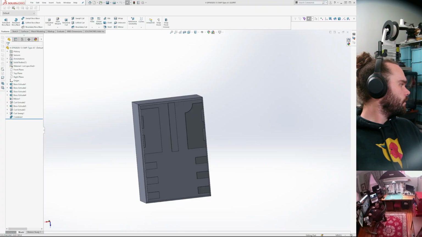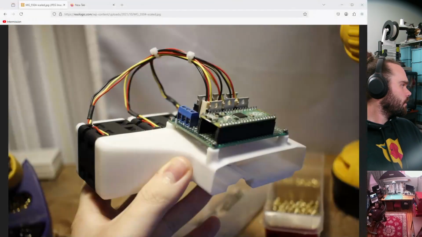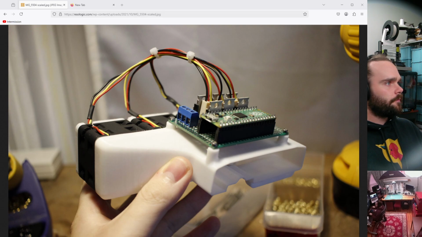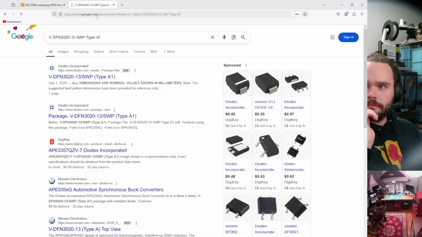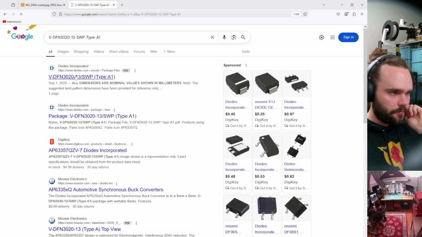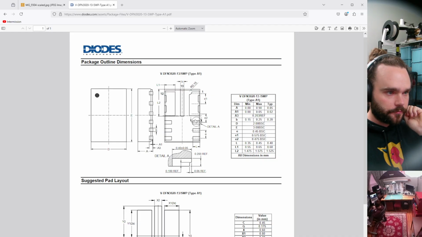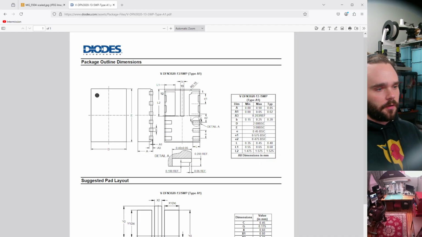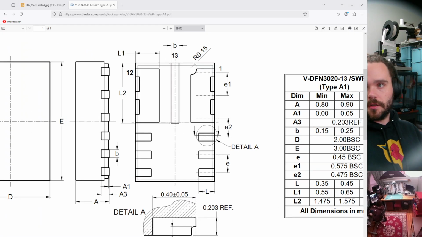Let's go find what this thing looks like. This guy. So we're working off of this drawing, trying to translate it into CAD.